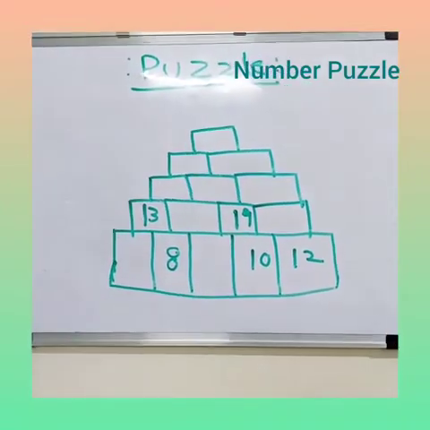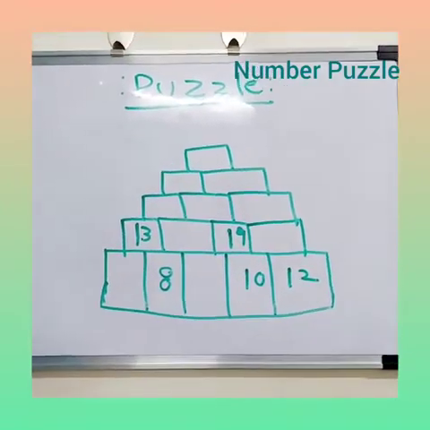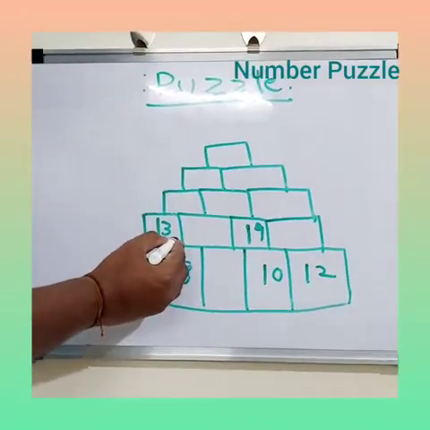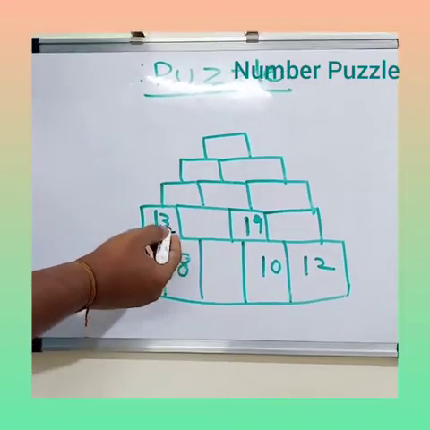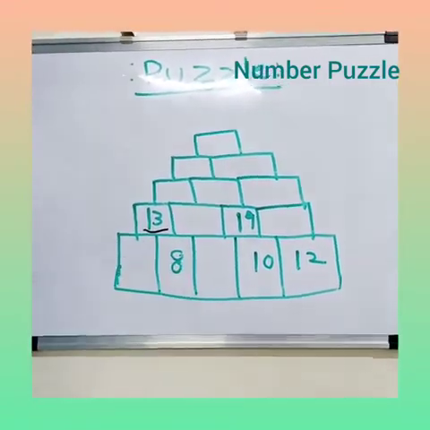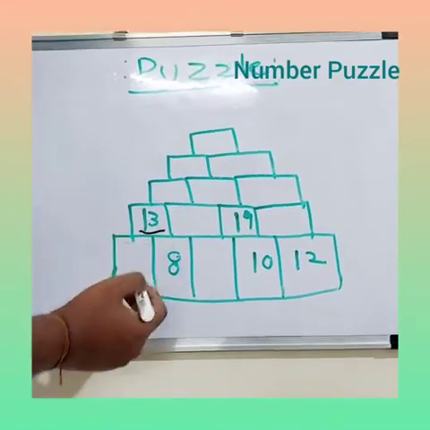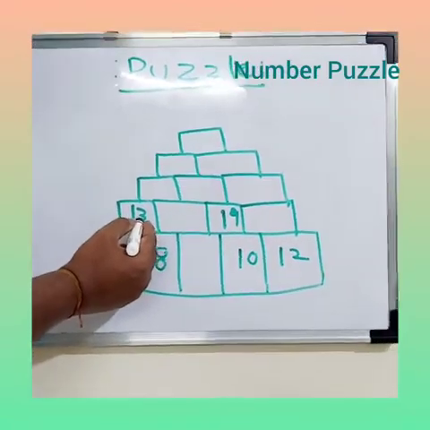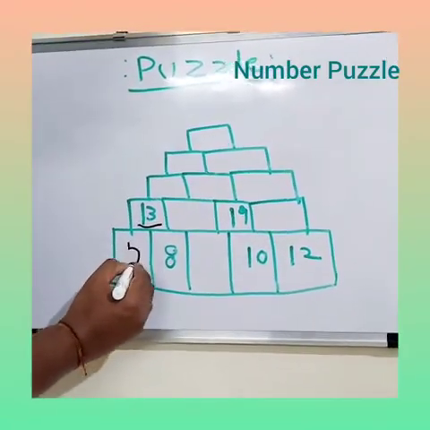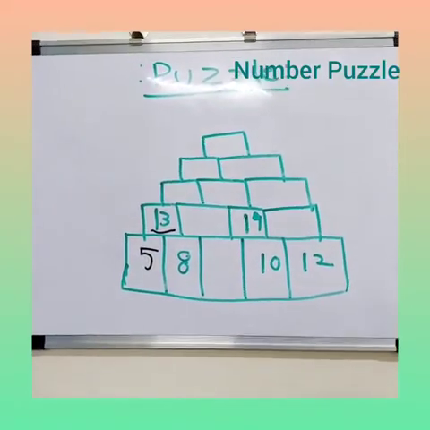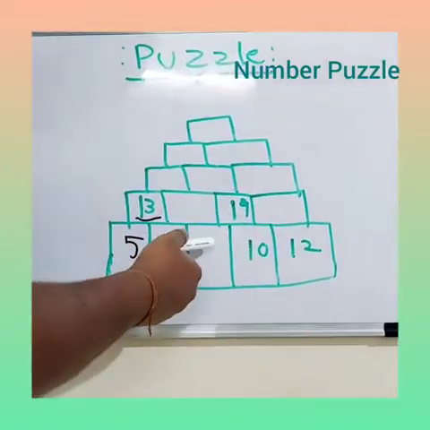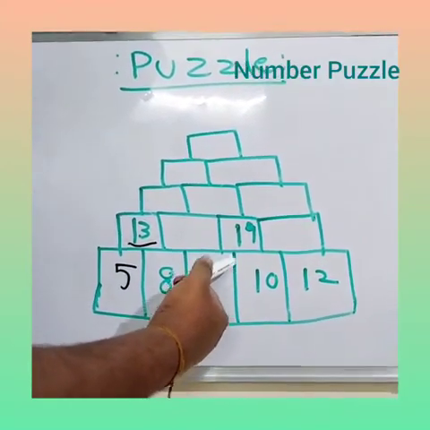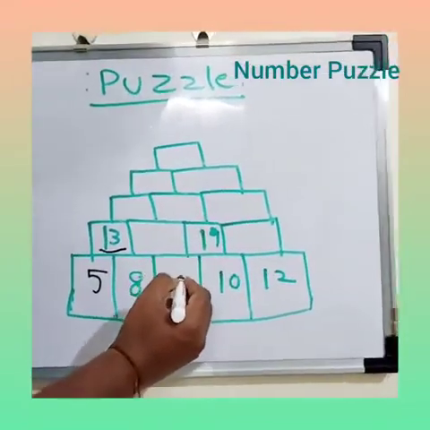Simple method. This kind of problem will help kids gain more logical thinking in numbers. As I discussed just now, this block is the sum of the two blocks below it. Here the value is given as 13. So when you subtract 8 from 13, it should be 5. The answer is 5. In a similar way we need to find this value. Already we have 10. When we add 9 to 10, it gives the value of 19.